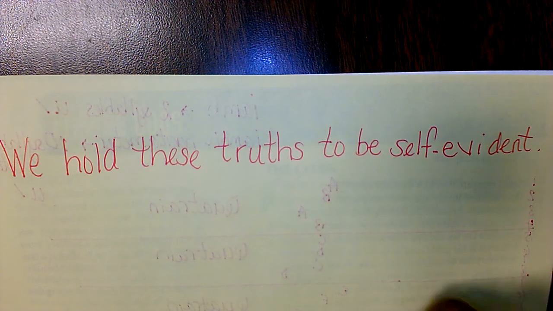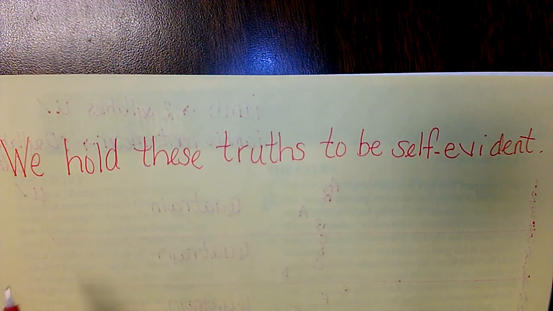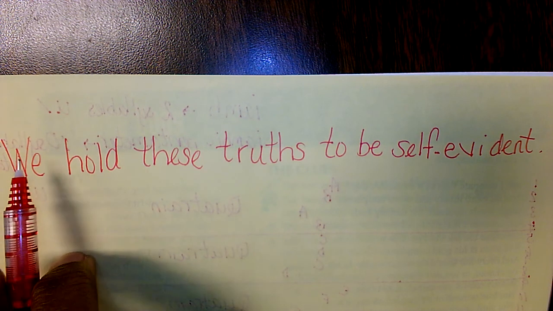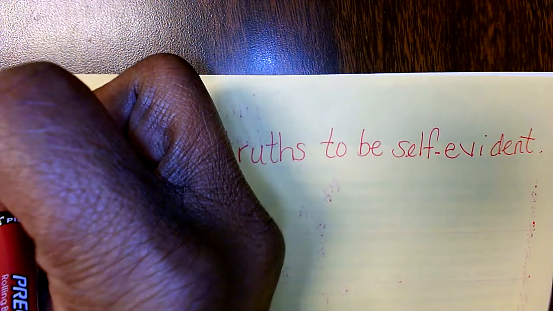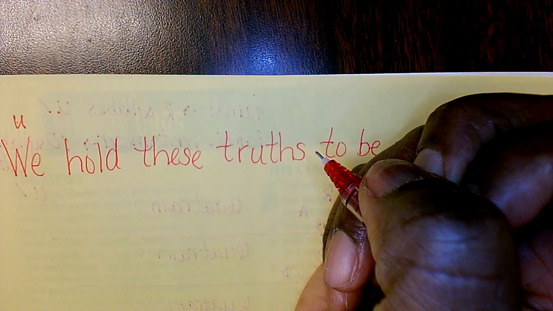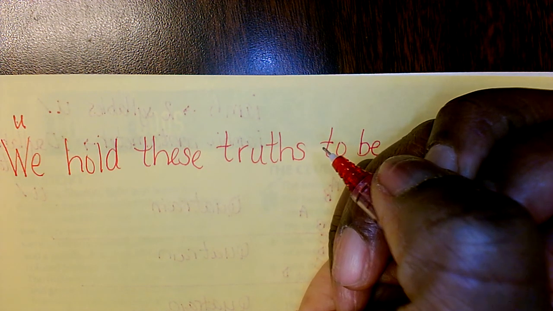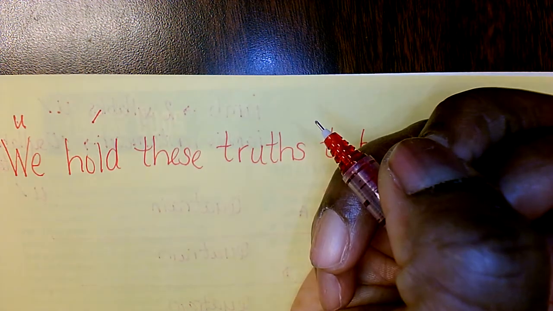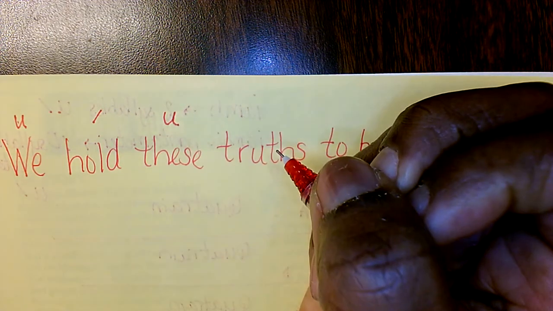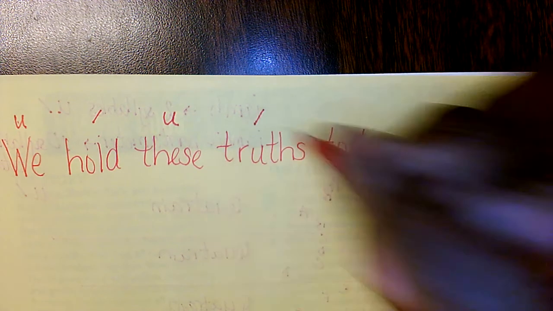Okay, let's take a look at this. We hold. So this is written in iambic pentameter. Of course, the camera is lagging. It's a little scary. So we is unstressed. We talked about this, right? You can't put bass in your voice and say we. Although some of you have tried, no, you sound like you're just having a really good time. Woo, okay? Because it's an unstressed syllable. Hold is stressed. So we hold these. It is unstressed. Do you hear how high my voice is when I say that? Truths, boom, stress. To, unstressed. Be,